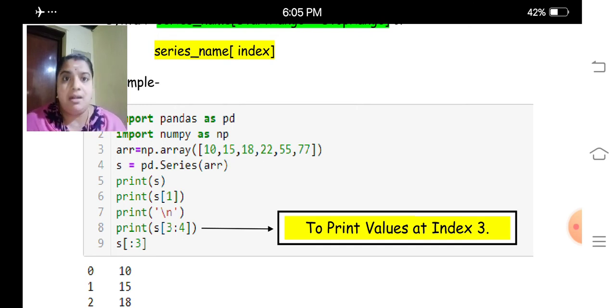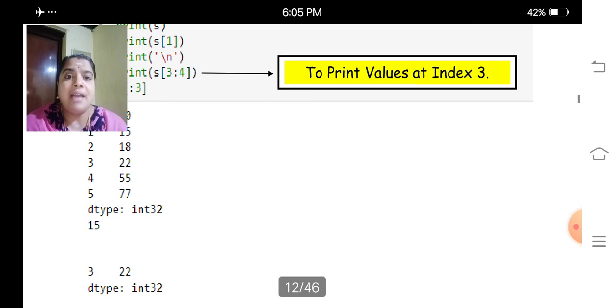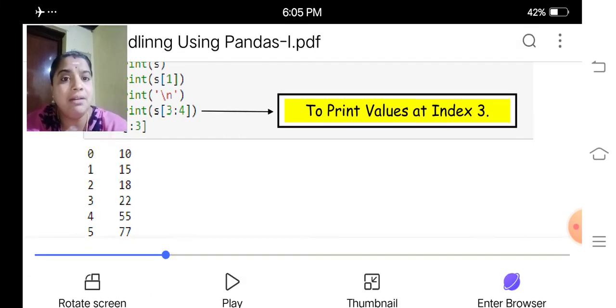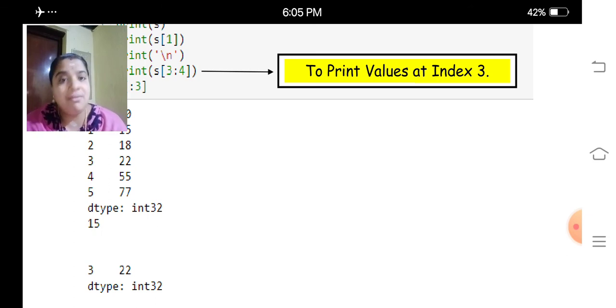3 minus 1. So, look at the example given. The first one we will get is only 15. S of 1 we will get only 15. It won't give any index.